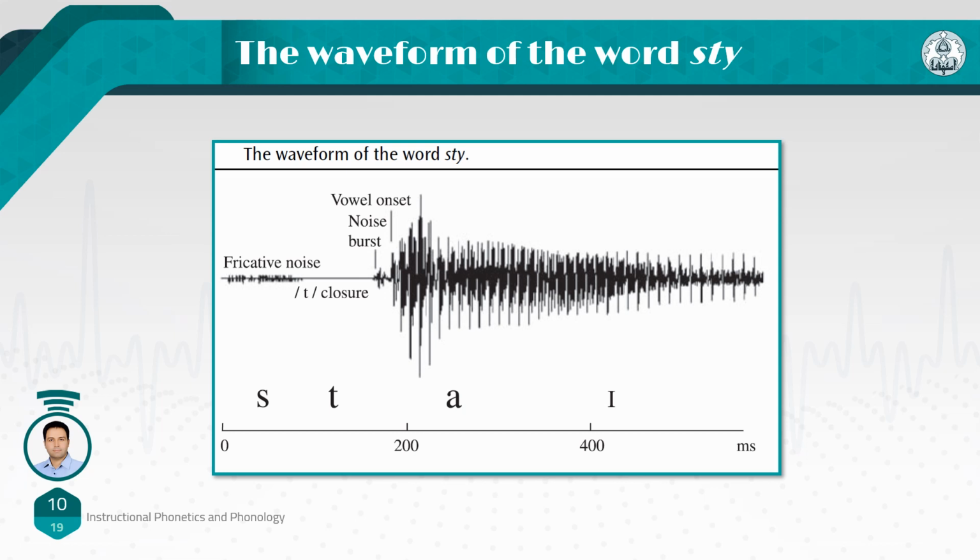You can install Wave Surfer and then record words such as spy or sty or sky, or for example steal, skill, spill. Try to record these words and